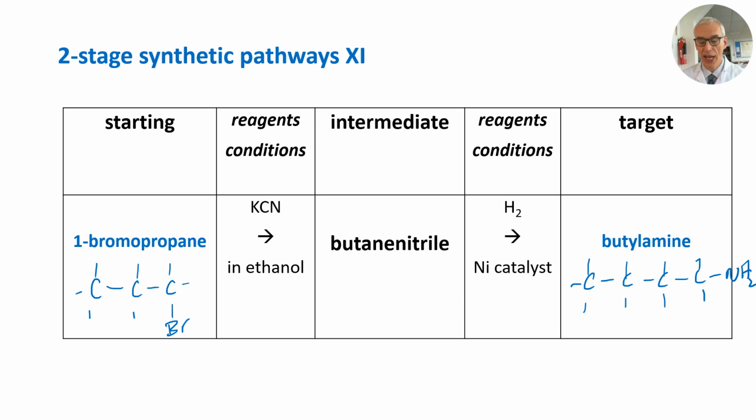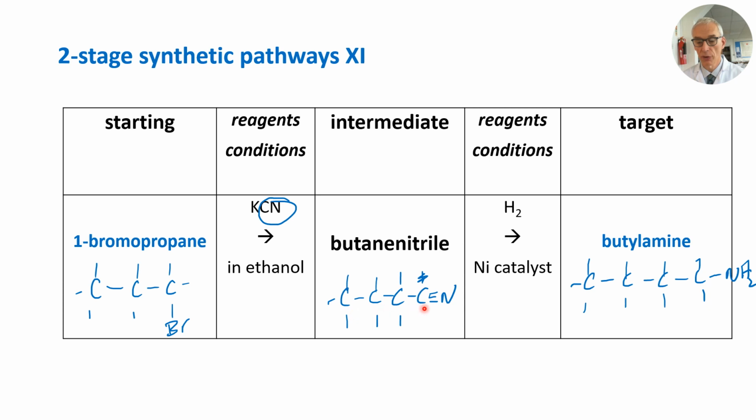So we need to add a carbon to the carbon chain. That is one of the most important reactions of the haloalkanes: substitution of the bromine for the nitrile group, KCN in ethanol, will give us butane nitrile. So this now has got 4 carbons,